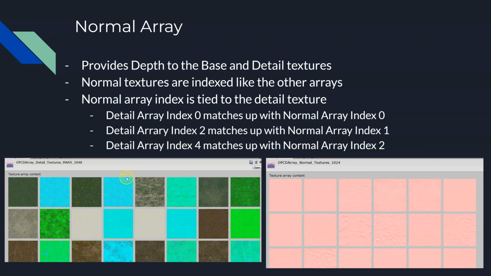So if you decide to work with detail array index 2, which is the divot one right here, which is paired with this MAHS here, it's going to call normal array index number 1. And subsequently 4 (0, 1, 2, 3, 4) is going to call number 2 (0, 1, 2). All right, so you could go through all these, but they're going to match. You do not call the normal array directly inside of Unity. It is done automatically for you depending on which detail array